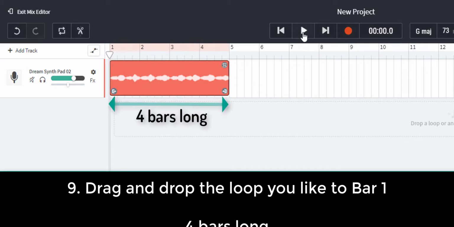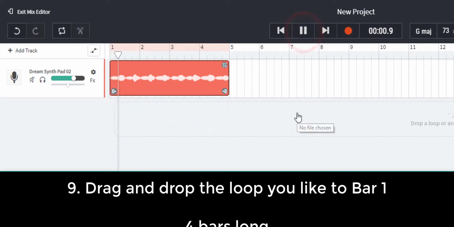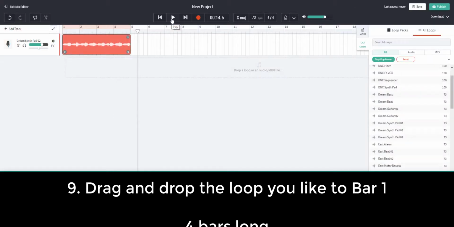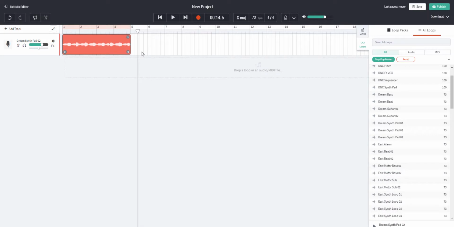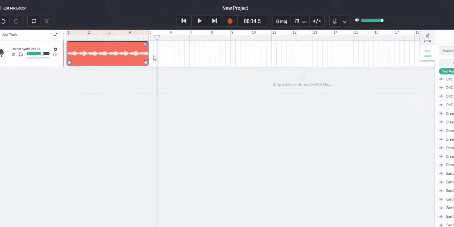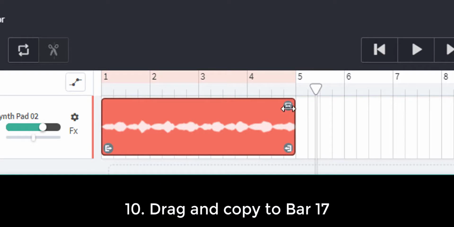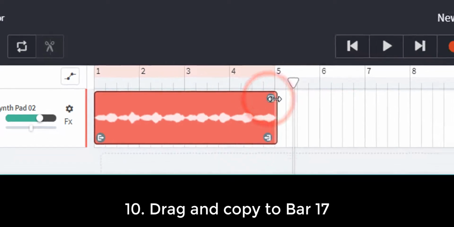And up here on the transport controls, I'm going to press play. Okay, I'm happy with that. And so what I'm going to do is copy it or make it longer, because the introduction is 16 bars long. And so if I go to the top right hand corner, that little hand changes to an arrow, and I'm going to drag this